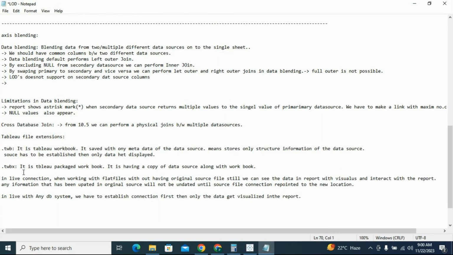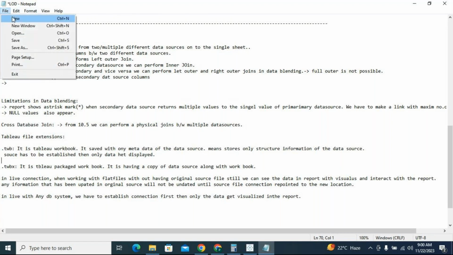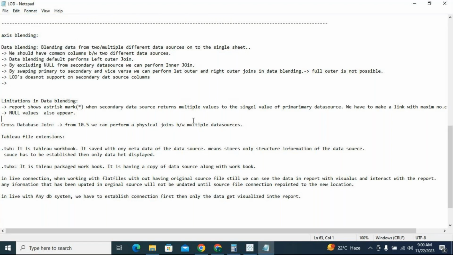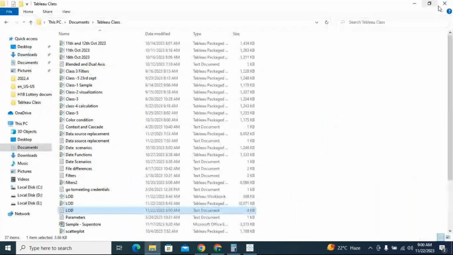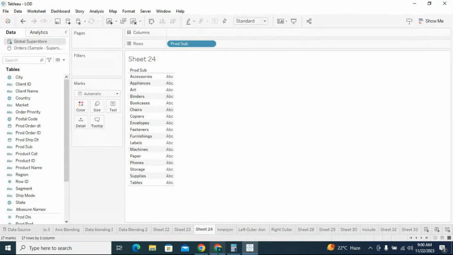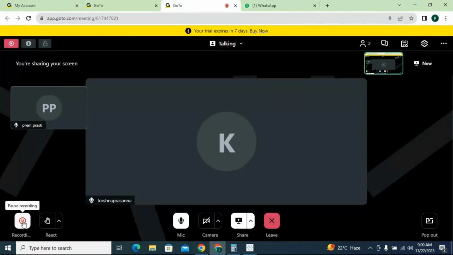So this is the difference between TWB and TWBX. Got it? So I have given one scenario. Please